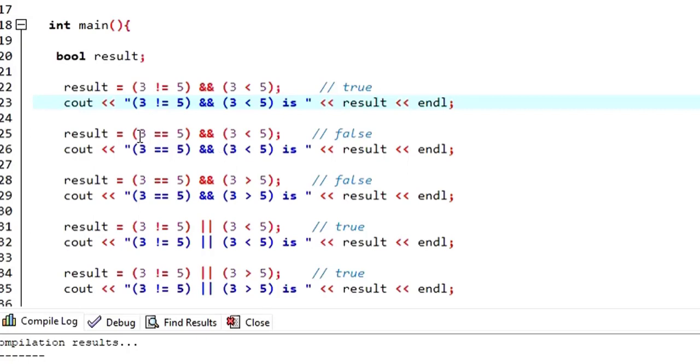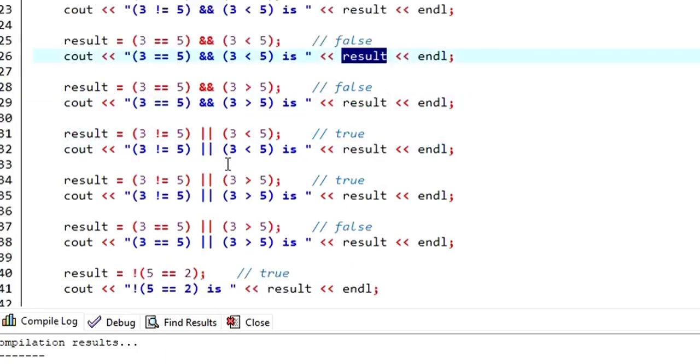In the second example, let's see 3 equals 5. We are trying to check whether 3 is equal to 5 or not. This is not an assignment operator. Remember, this is a relational operator where we are going to check the relationship between two operands. So this condition is false, isn't it? But this condition is true. One condition is false, another condition is true. In that case, when you use the logical AND, it is going to return false. So when you print the statement, it is going to give us 0.